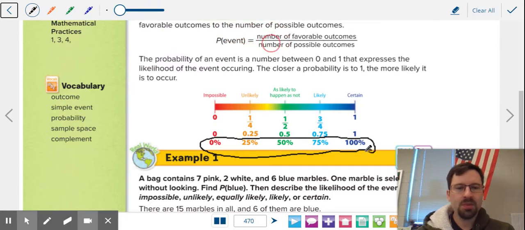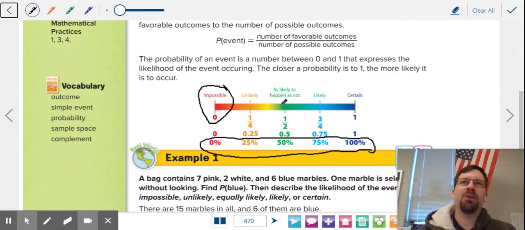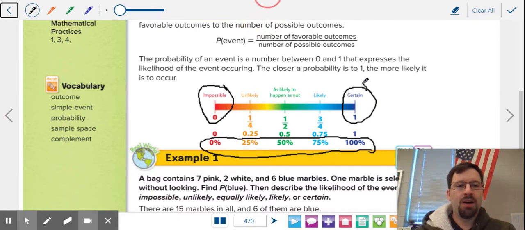So we have 5 basic levels of likelihood. Impossible means it can't happen. So if I'm trying to get a coin flip and I want a 3 on my coin flip, that's not possible. If I want heads or tails, that would be certain. It's going to be heads or it's going to be tails. No matter what I flip, it's going to be one of those 2 options. And then